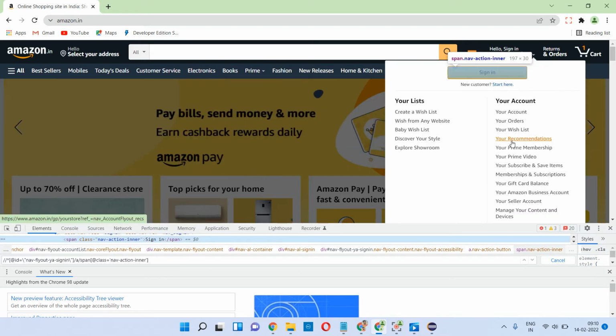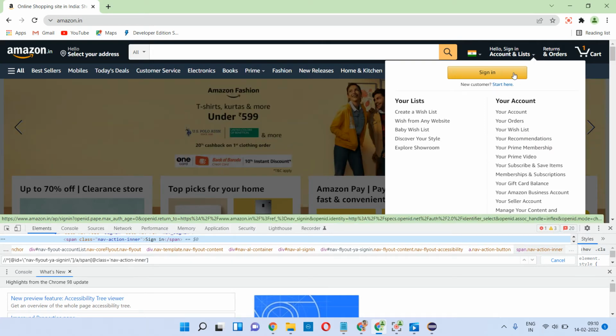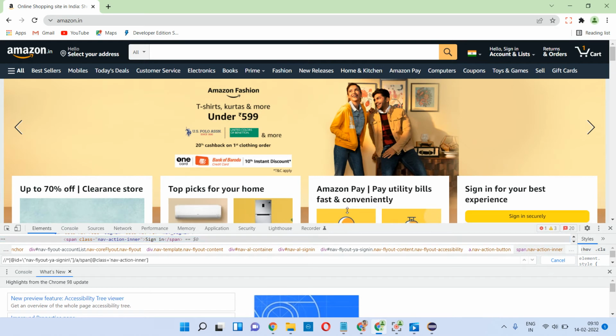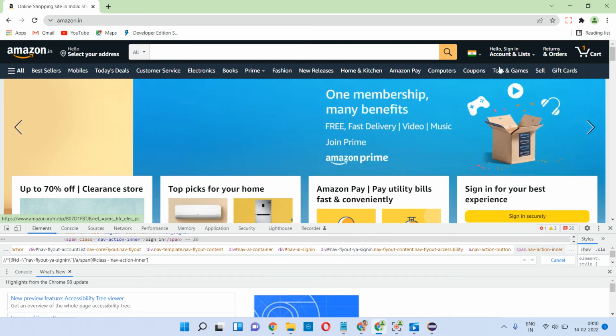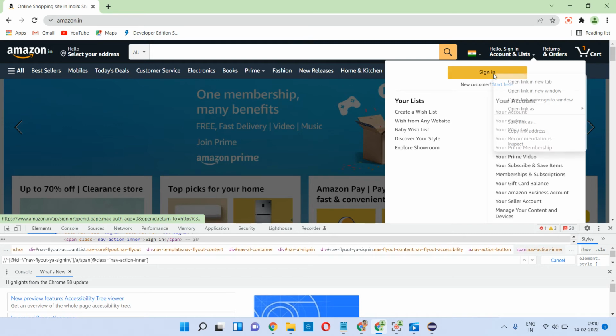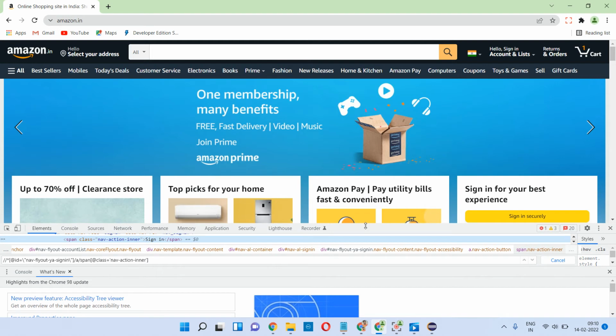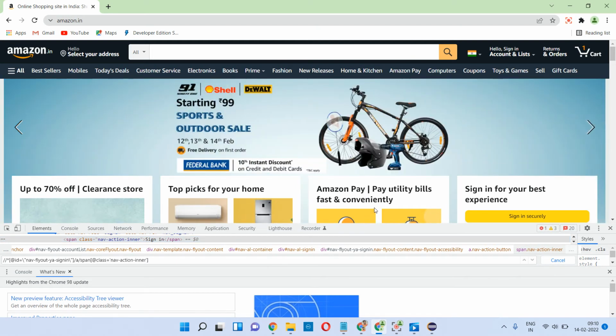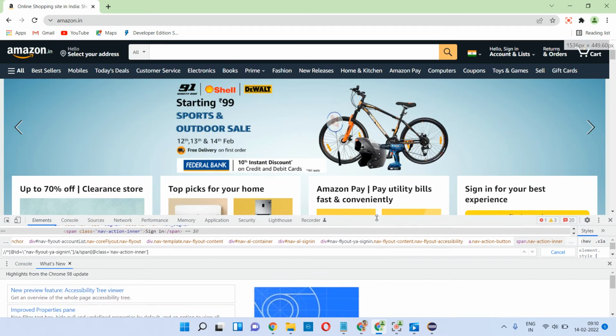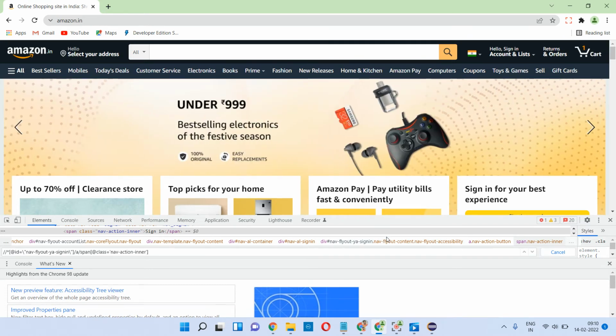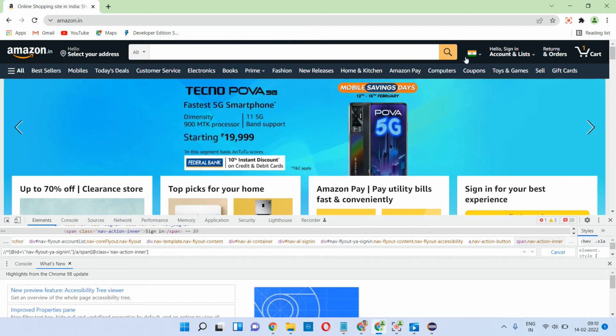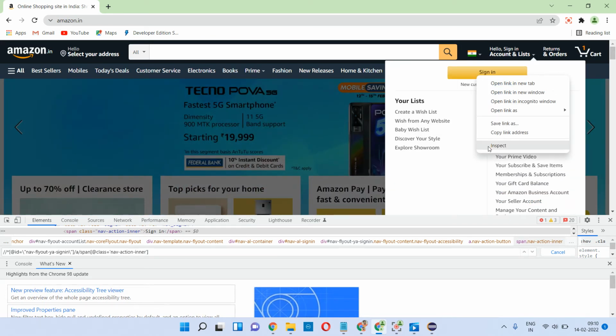So when I mouse over, I want to execute this method. You can see this is the XPath I have taken to get to that particular element. So it is highlighting, right. This is the XPath I have taken.